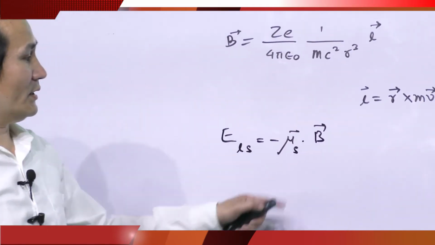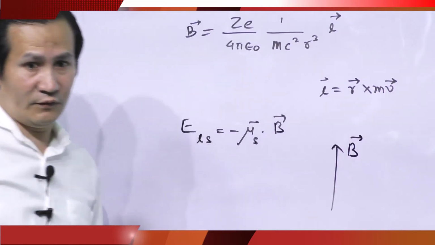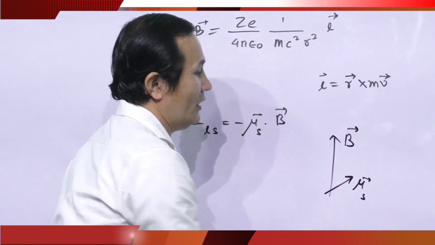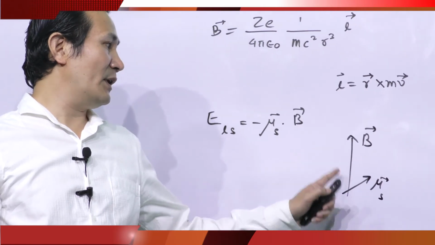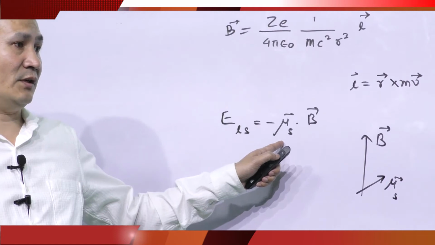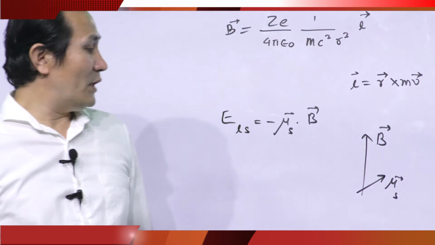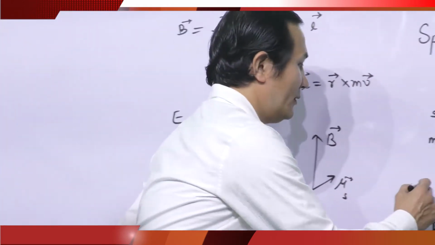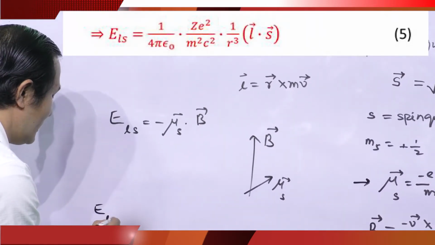Why I'm using it is that you know that there is a magnetic field, and there is a magnetic moment mu_s vector, and we know that when a magnetic dipole moment is placed inside the magnetic field, there will be a magnetic interaction, and that interaction energy is given by this expression. So this is what I'm using here. Now, we insert these values of this B vector and mu_s, which we have given earlier. So inserting this, we get this expression for energy like this,